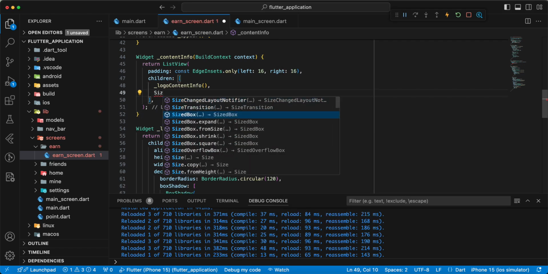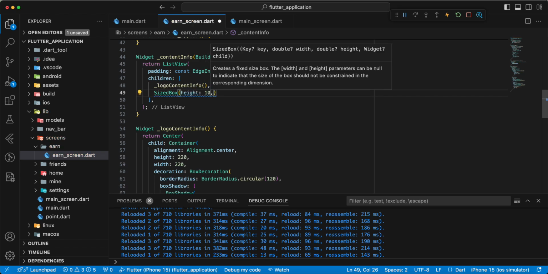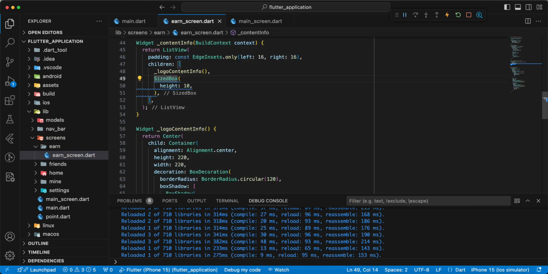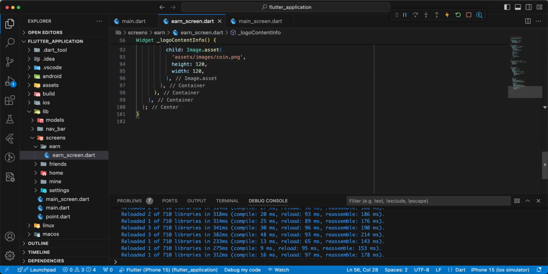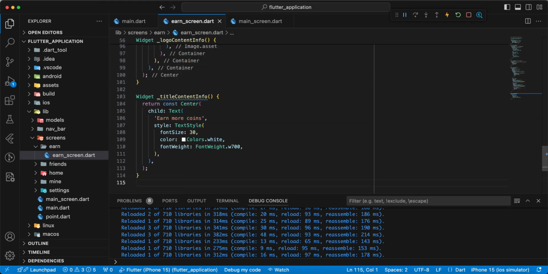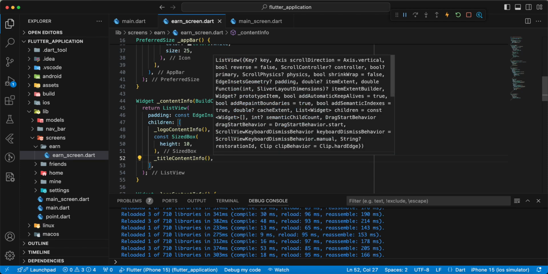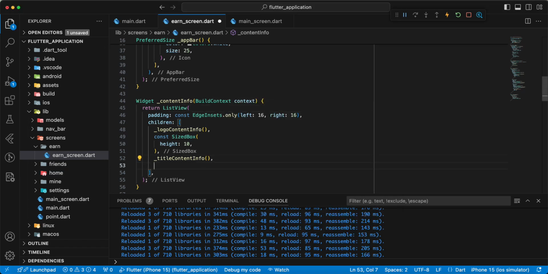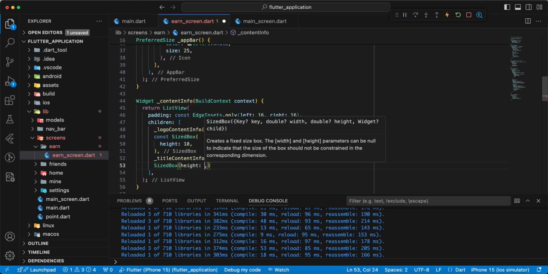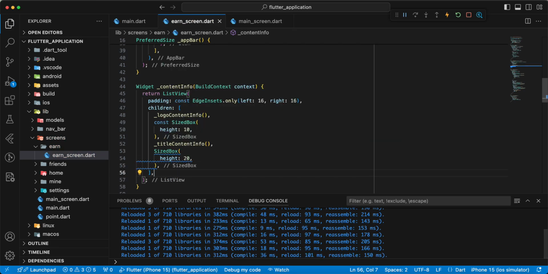then we write SizedBox height 10, add const. Next we add title content info. This information we can download from the description of the video. Then we write SizedBox height 20, add const,